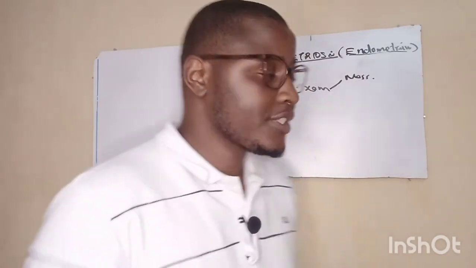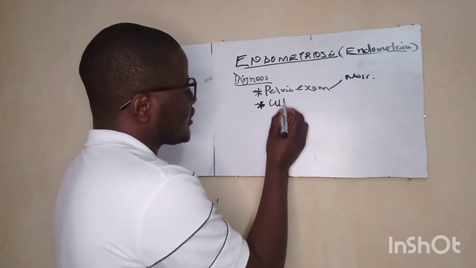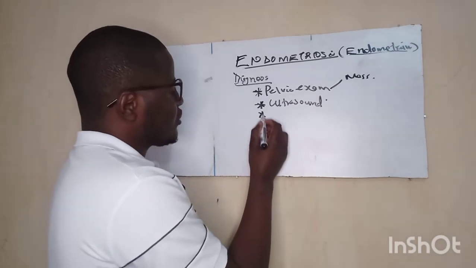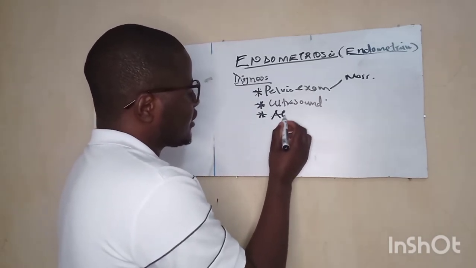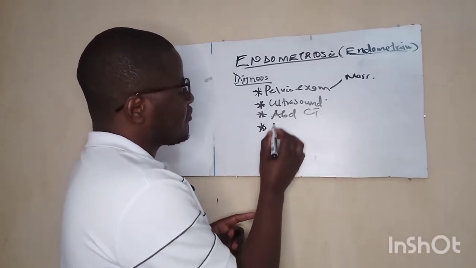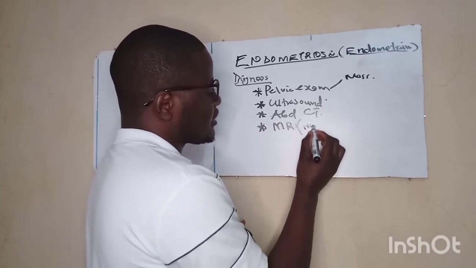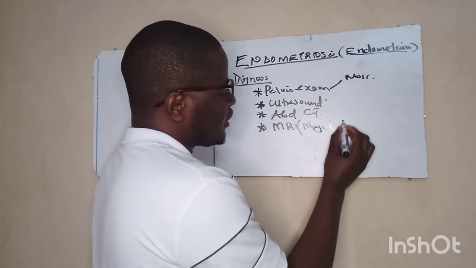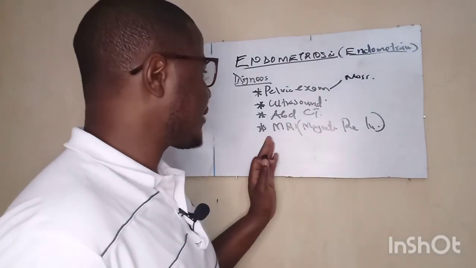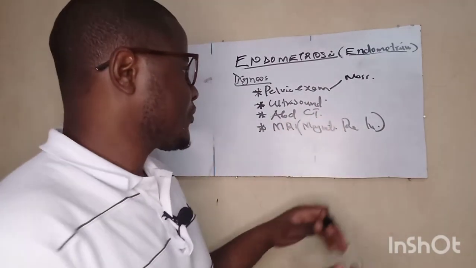But the most approved diagnostic techniques that are basically used, we have the ultrasound. So you can have an ultrasound to diagnose them. You can also have the CT scan of the abdomen, and we can also have the MRI. The MRI simply stands for magnetic resonance imaging. So you can also have the MRI and the abdominal computerized tomography, or the CT scan.